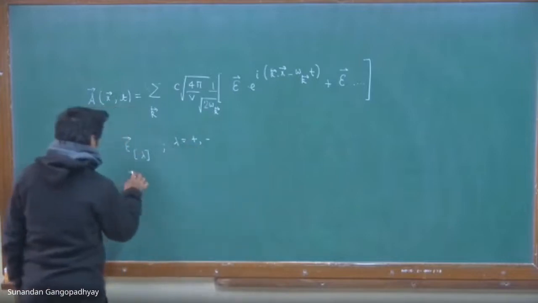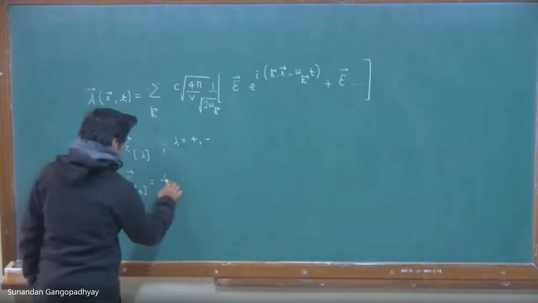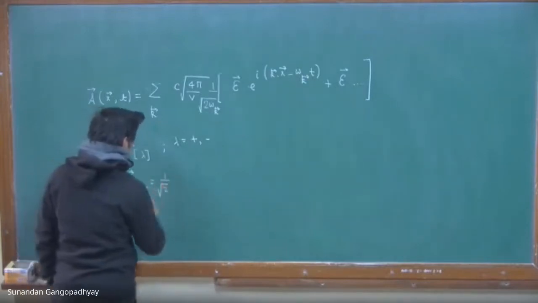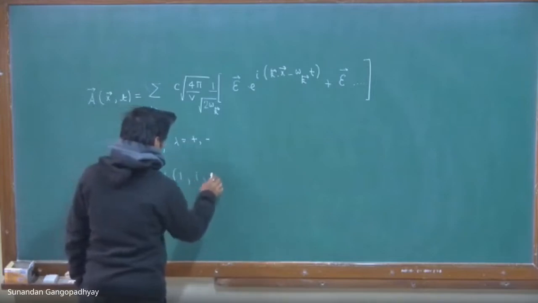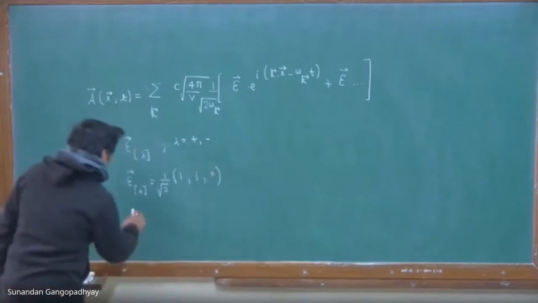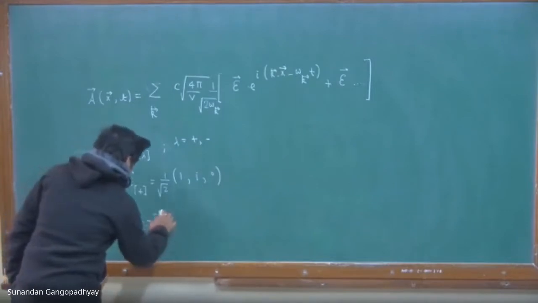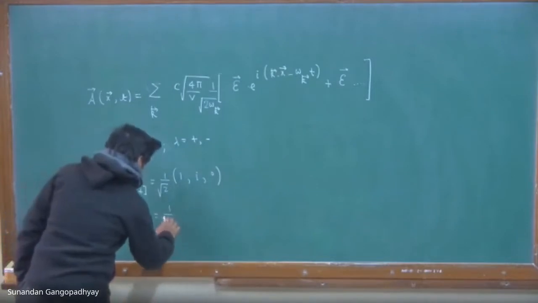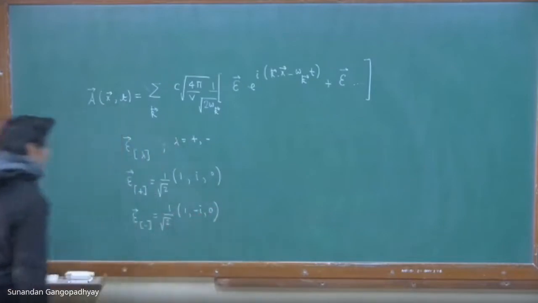If we normalize these polarization vectors, you can write epsilon vector plus as 1 by root 2 (1, i, 0), and epsilon vector minus as 1 by root 2 (1, minus i, 0). So these are the two